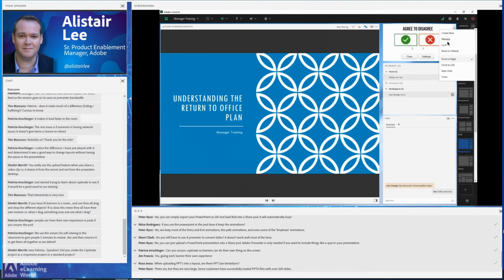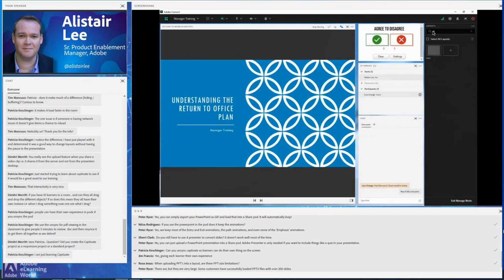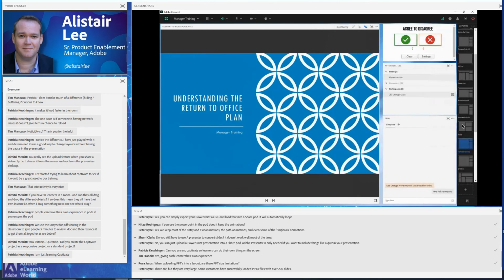And we've got a new feature that you may have seen in the video this morning where I can manage all of my layouts to quickly find something. If I'm looking for my quiz, for example, simply by typing it up here in the search bar, or I can use this to quickly rearrange any of the layouts that I've got, or quickly delete any of the layouts that I've got in this Manage Layouts mode. I'm going to go ahead and exit this Manage mode here.